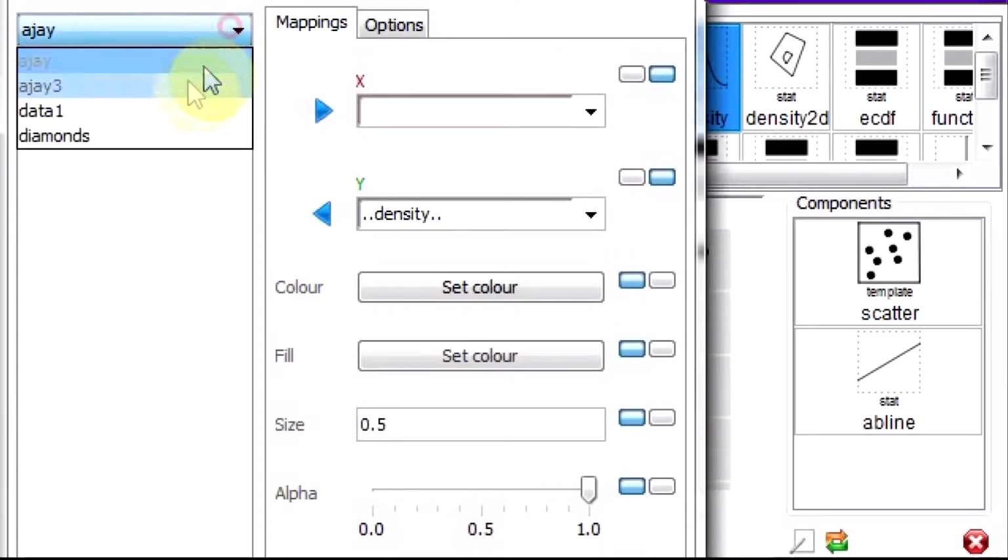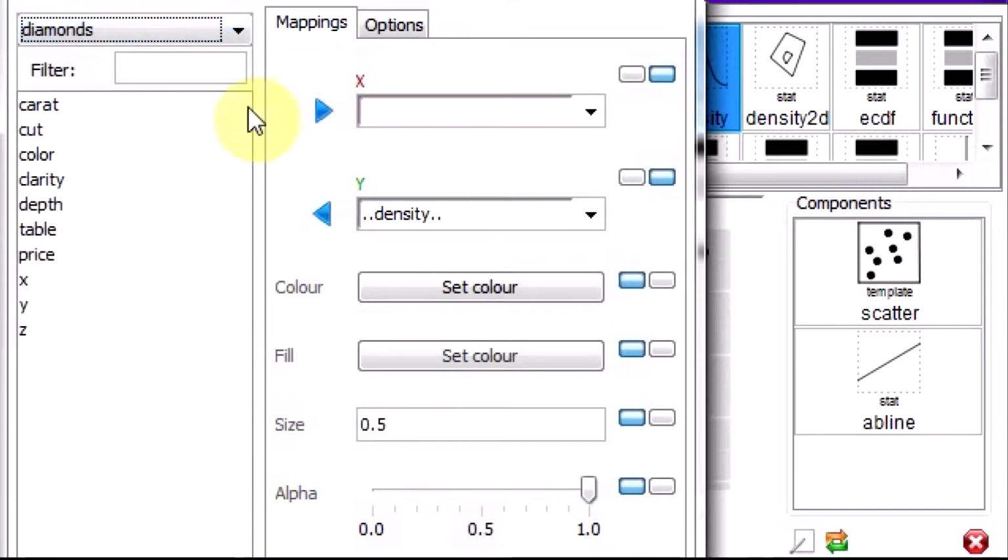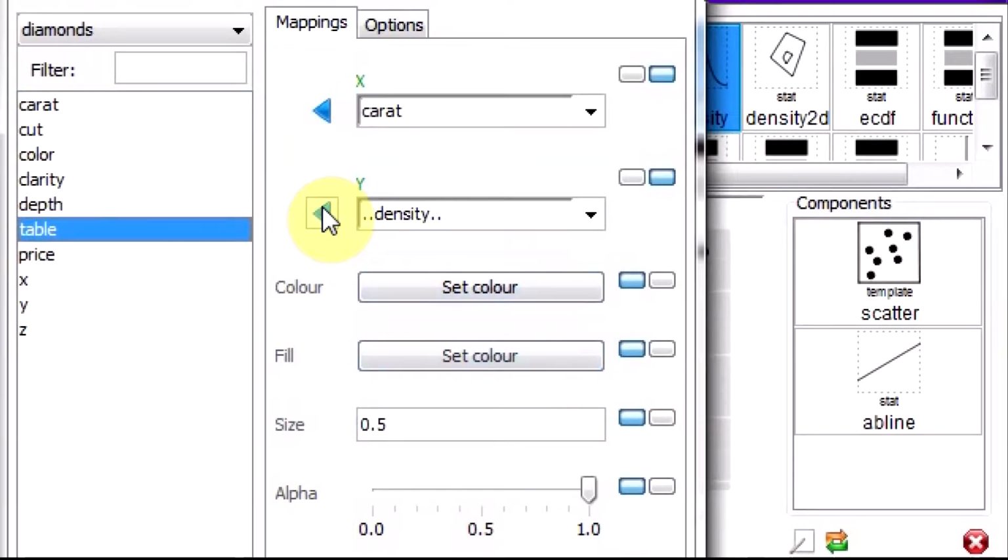So you can put diamonds, X as carat, Y density, price. Okay.